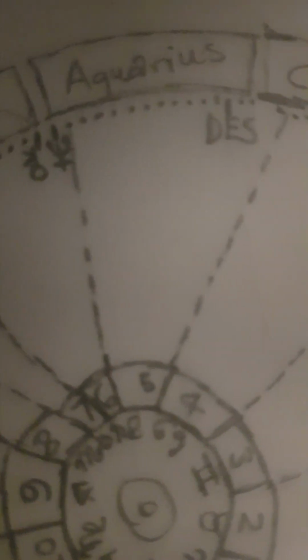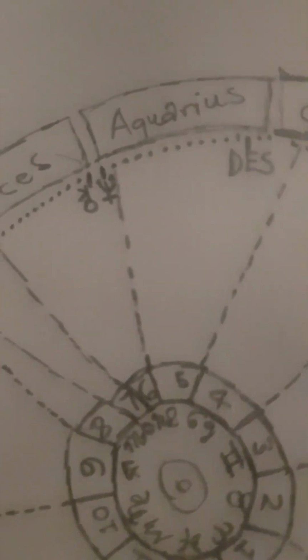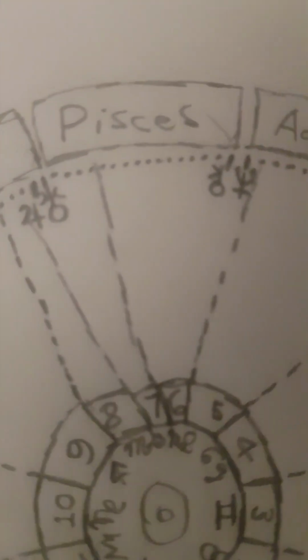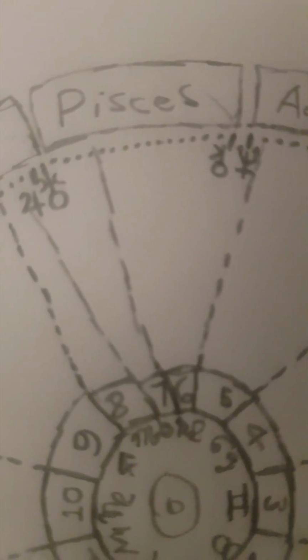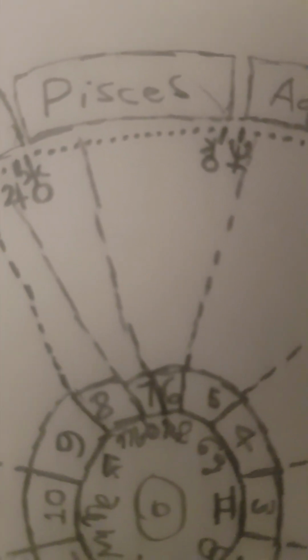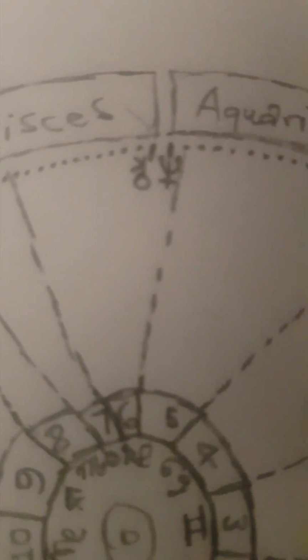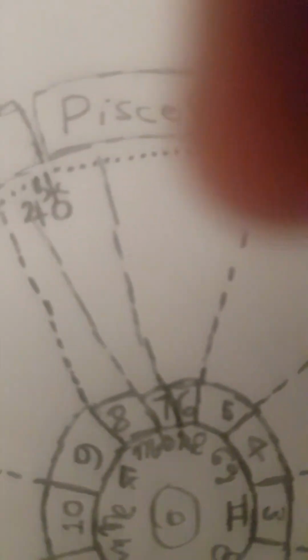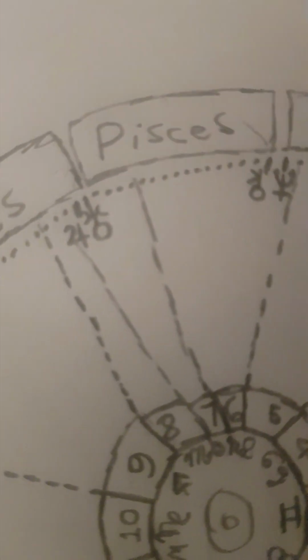Then I have my descendant within Aquarius. Then I think my Chiron, and my Neptune within my descendant Aquarius. My Chiron in Pisces, and